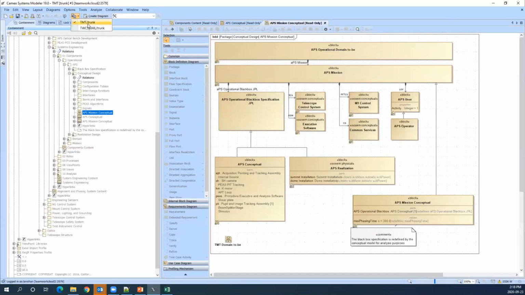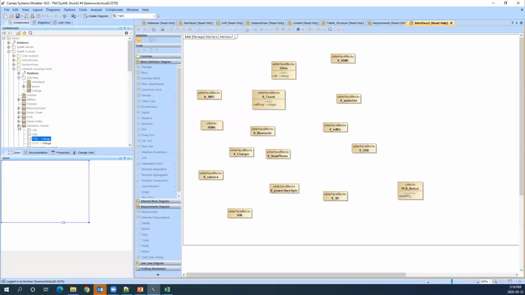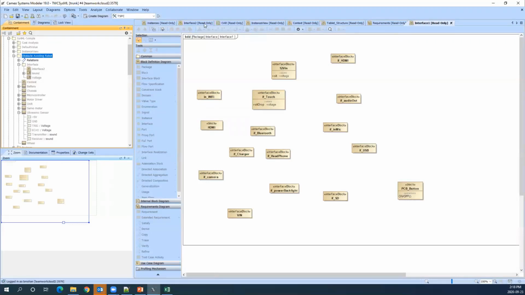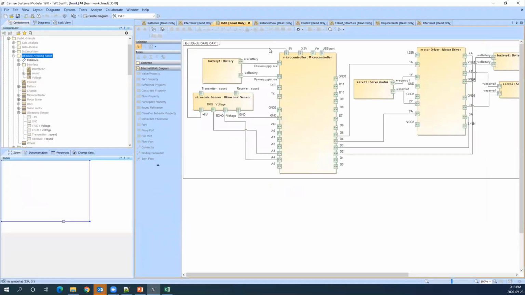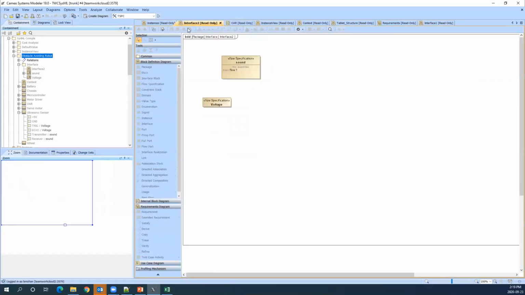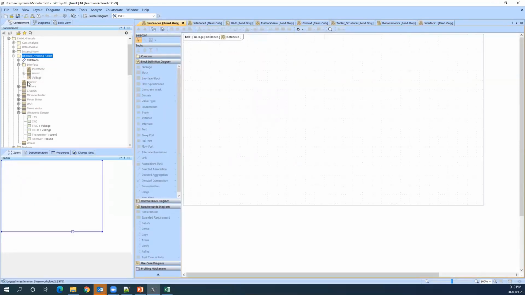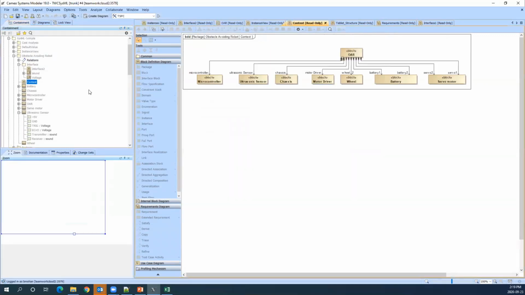So here in Cameo, I'm just showing you the model that's available in the server. This is for the obstacle avoiding robot. You can see the internal block diagram that I've already defined, and the different interfaces that I have created for it. So here is my context.